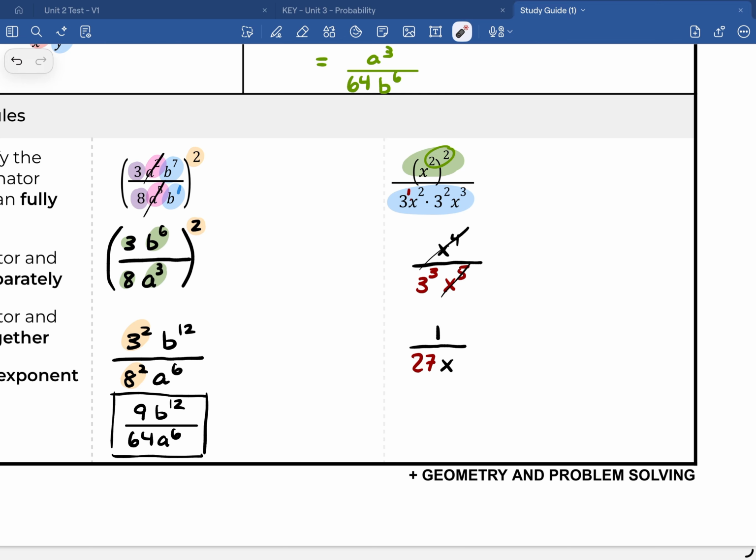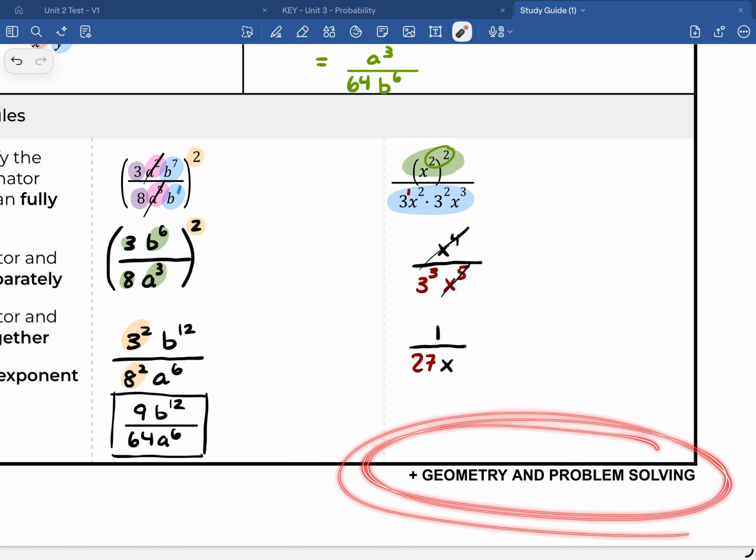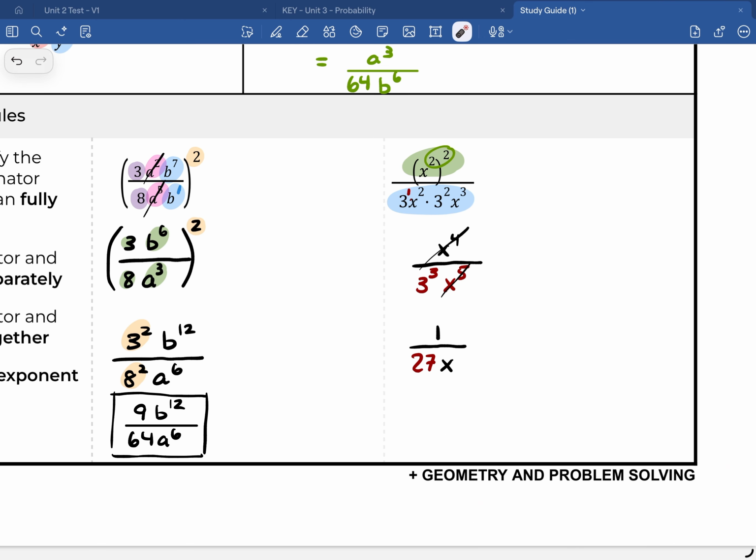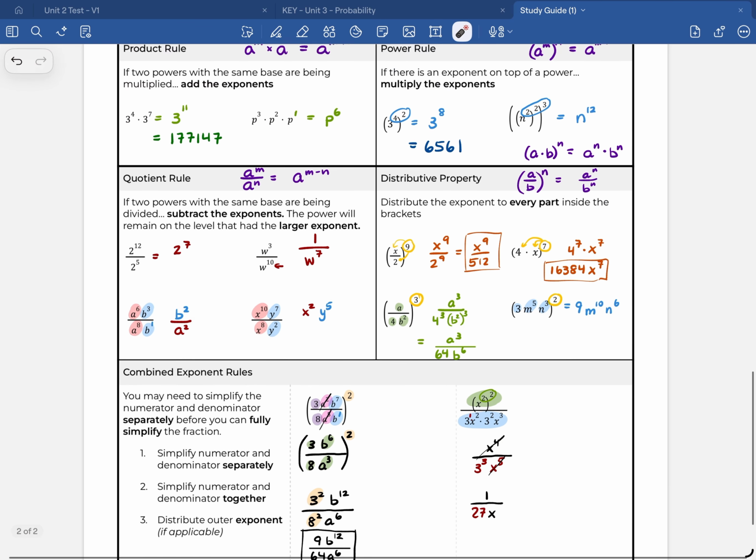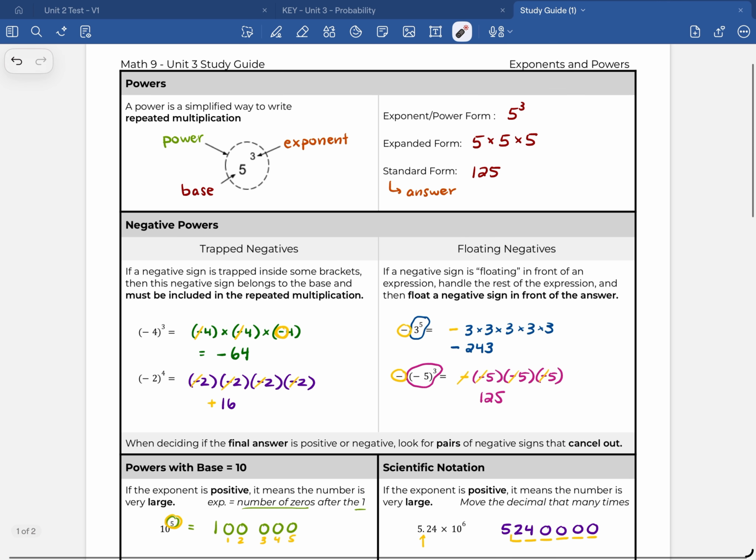So my recommendation is, I will hand out a practice test in just a moment. I would probably start with the ones that you feel most uncomfortable with, just to make sure you have the time to get through stuff that you might want to ask questions about. You'll see at the start of the practice test is a bunch of this kind of stuff, which I think by now is what you're mostly feeling good about. So don't just start with what you feel good about, even though that makes you feel more confident, because it might be false confidence. So when you get your study guide in a second here, you'll